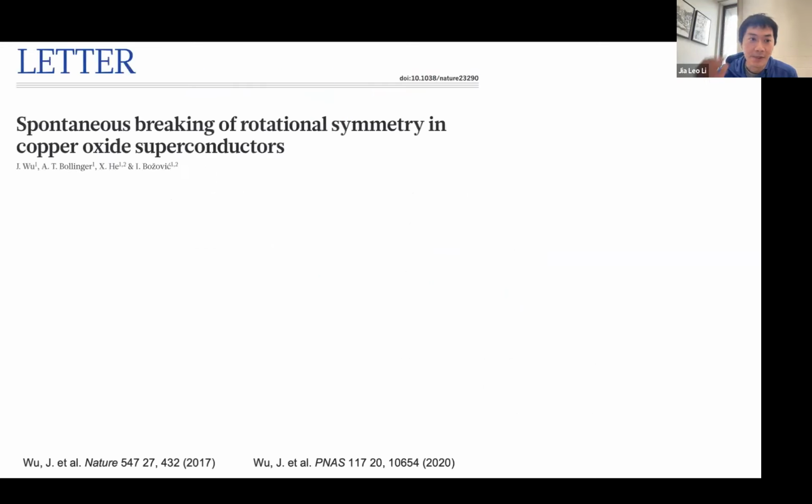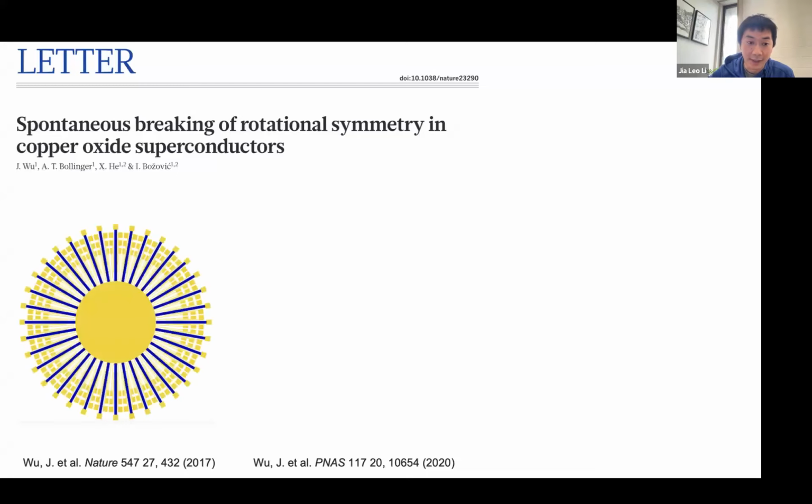So here's one of the references that's quite relevant to this work. If you have spontaneous rotational symmetry breaking in a 2D system, you can directly probe this using angle-resolved transport measurement. And in this work,